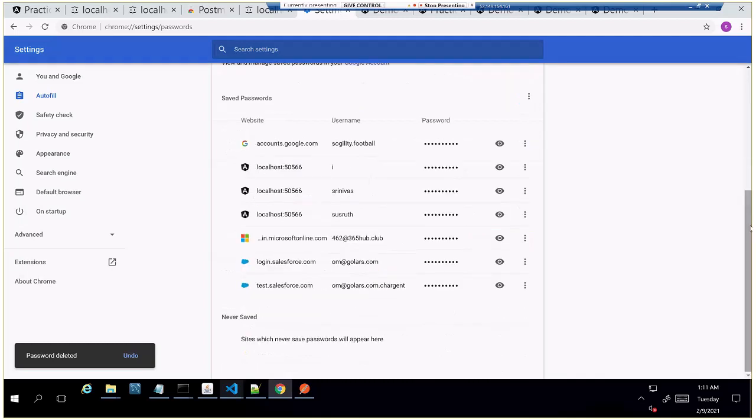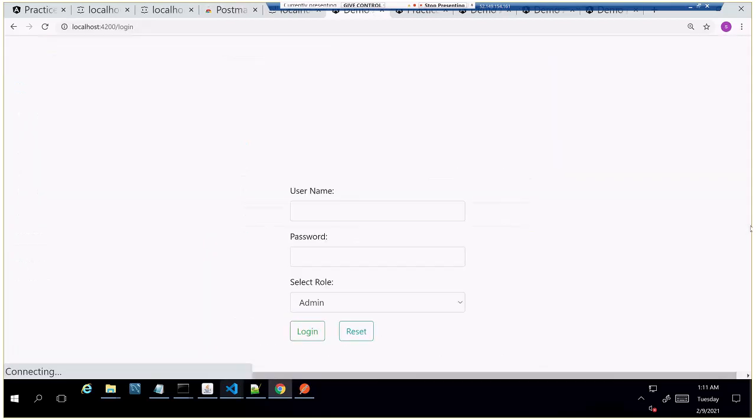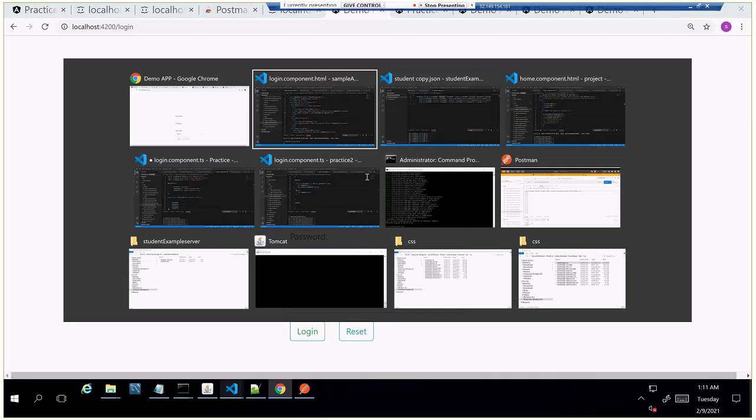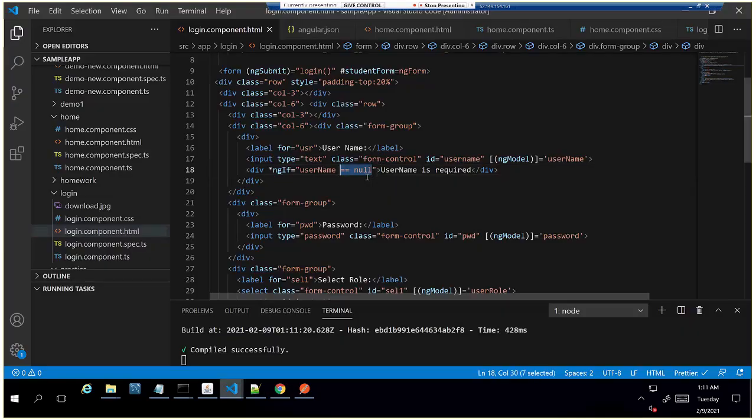Okay. Now when I refresh, here we have username equal to null. We'll add one more condition here. And we'll check whether we are getting the message without submit or not.